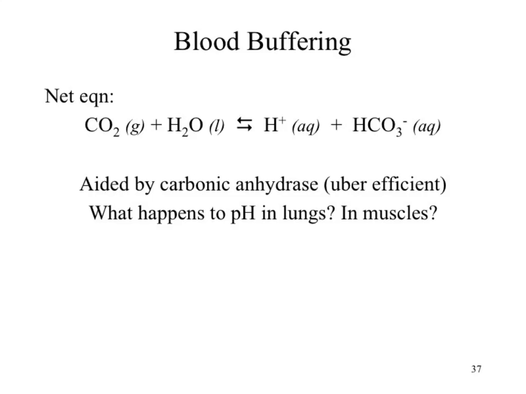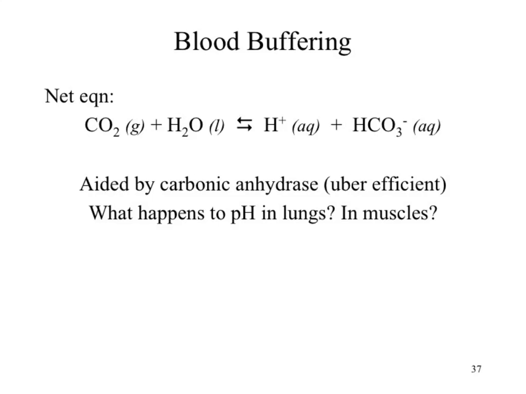Our equilibrium shifts to take CO2 gas and do what with it? Put it into our bloodstream. What do we want to happen? We want the CO2 to come out. So we want the CO2 as the gas phase. How can I make sure the CO2 stays in the gas phase? I make the environment more acidic. What happens if I increase the concentration of my product? Equilibrium shifts to the reactant. So the pH in our lungs is likely acidic, because that's going to help push the CO2 out of our